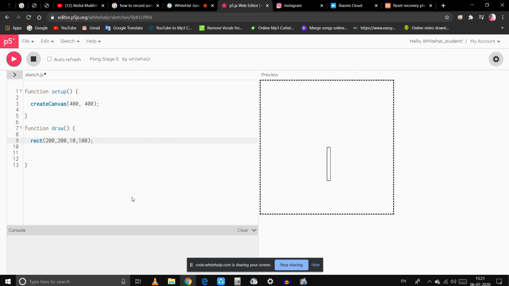Yes, now it's fine. Now shift it towards extreme right. Which value will you change? This one, ma'am. Which one? The second one. You'll change the X position. We need to shift towards right.